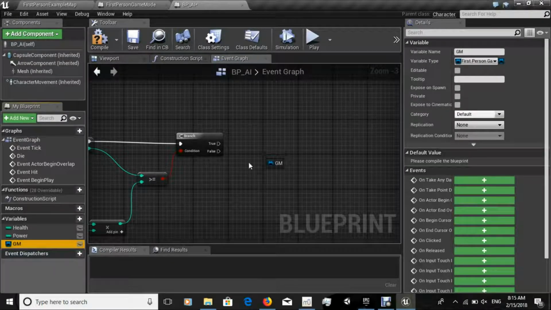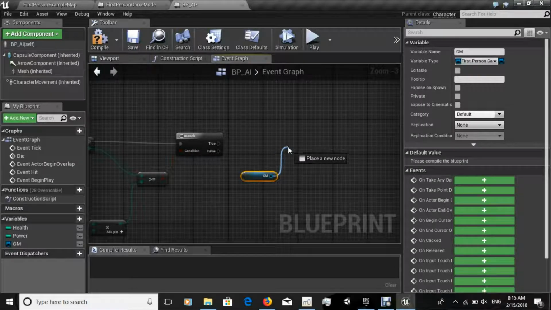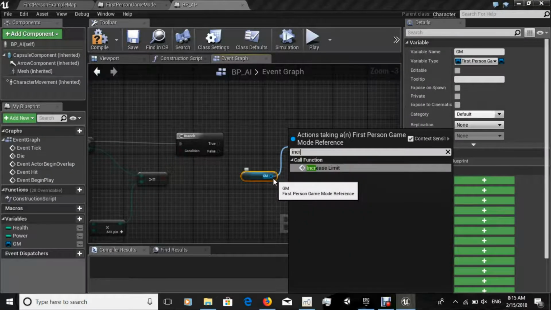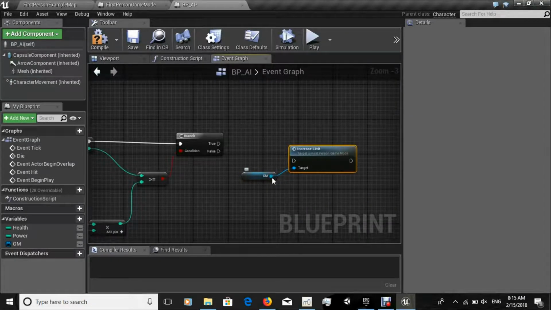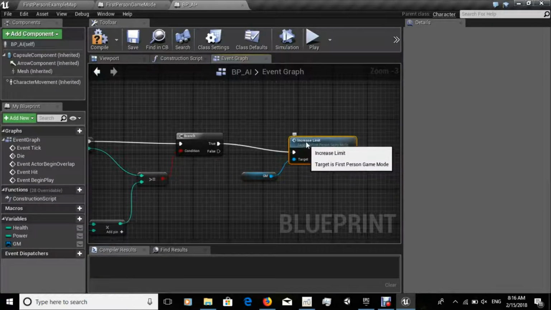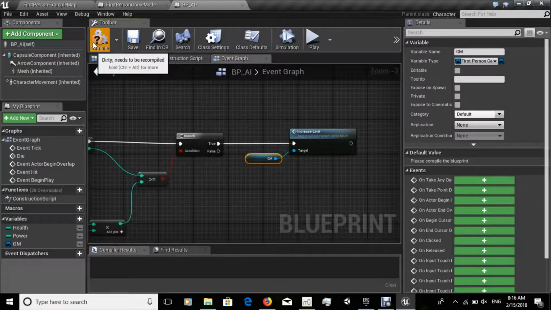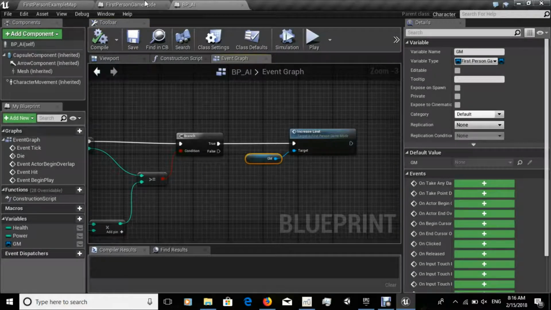So we'll drag in GM, click get, drag off of GM, and type in increase limit. Compile, save,